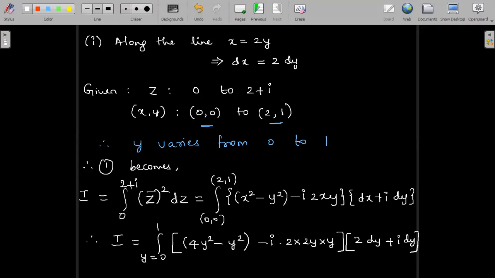dx is equal to 2 dy, and I have retained the y term as it is. So throughout the substitution, just substitute for x and retain every term with respect to y. That is the reason we have written limits with respect to y. Looking into these coordinates, the limits with respect to y is 0 to 1. Now we will try to simplify this and integrate, which will give you the required solution.